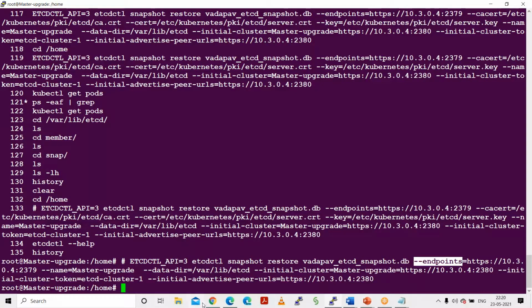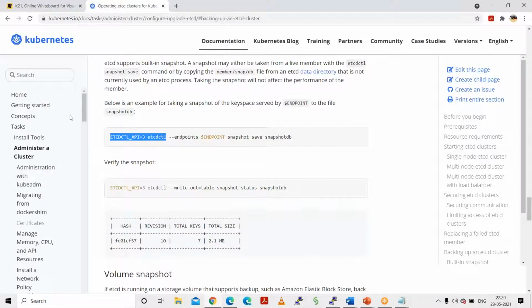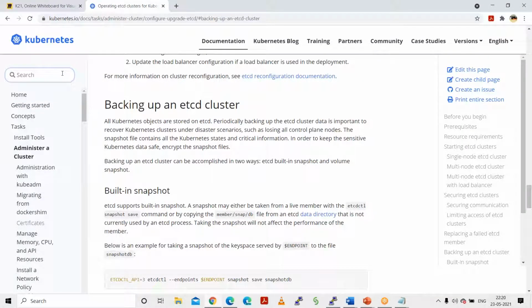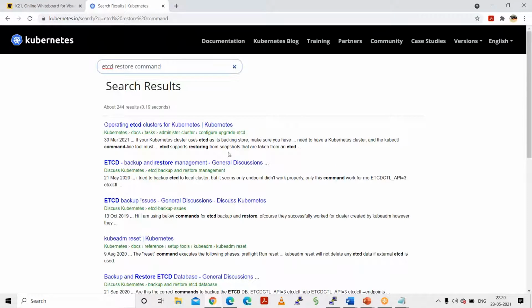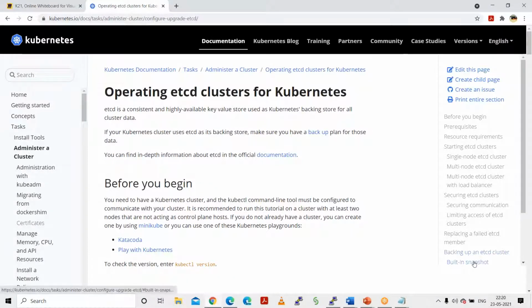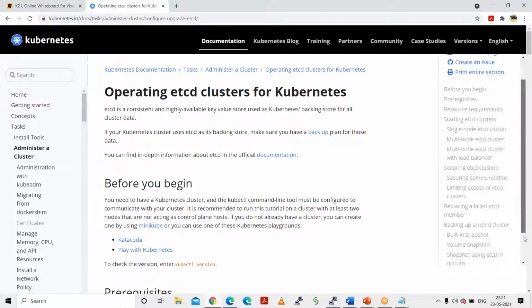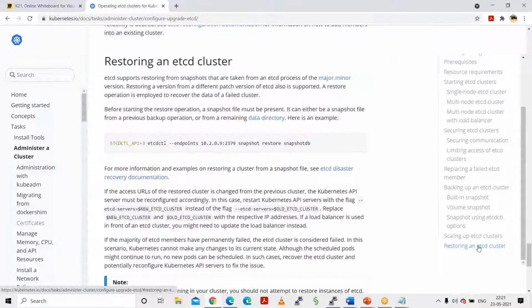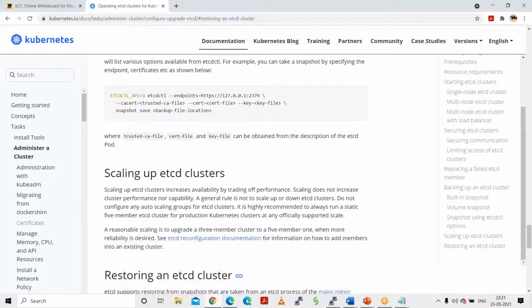So what should you do? You should go to Google, where that documentation is, and type here etcd restore command. Go to this location, and one thing is that you should not go to the discuss Kubernetes site, otherwise they will take your paper out. Okay, so we have to open this, and there is backup of an etcd cluster. Somewhere restoration will also be there, restoring an etcd cluster. So in the restoration,